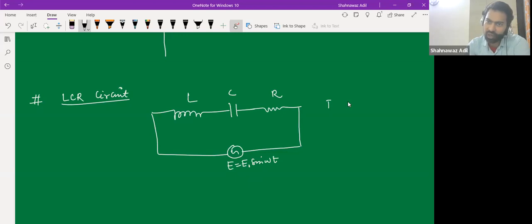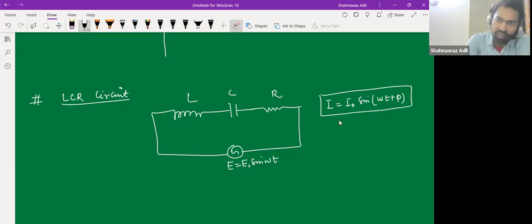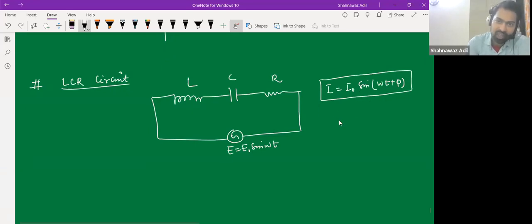This was I naught sine(omega t plus phi), where this phi was the phase difference, right? And we calculated that